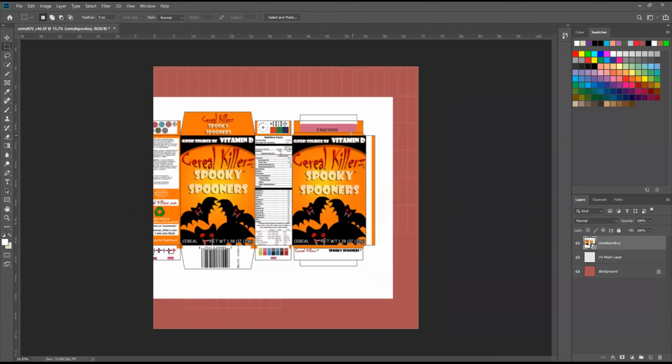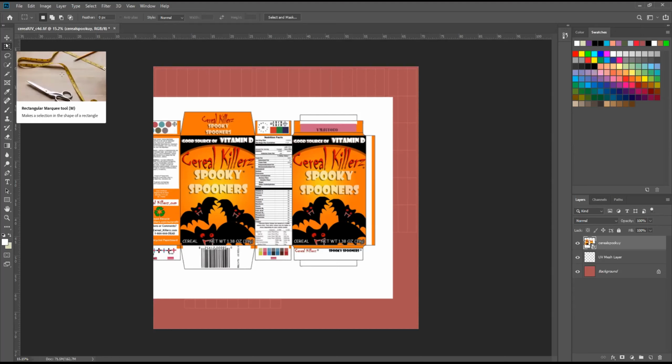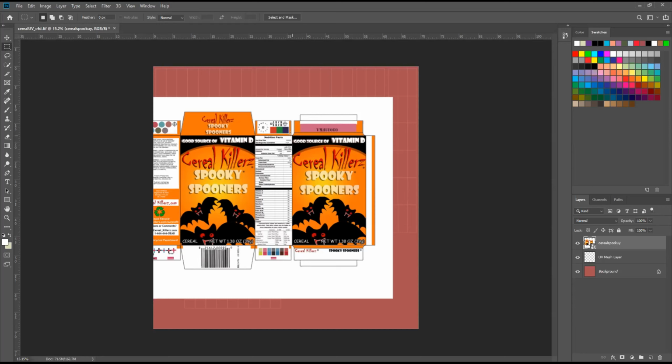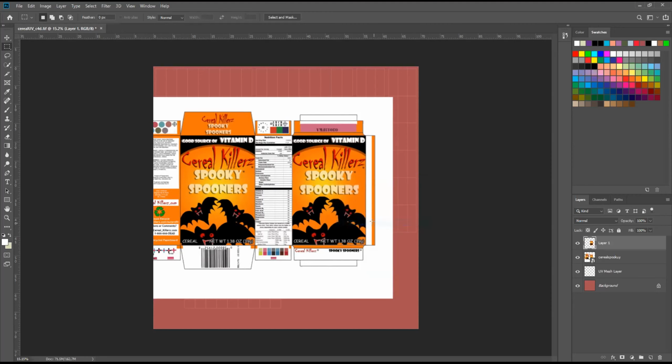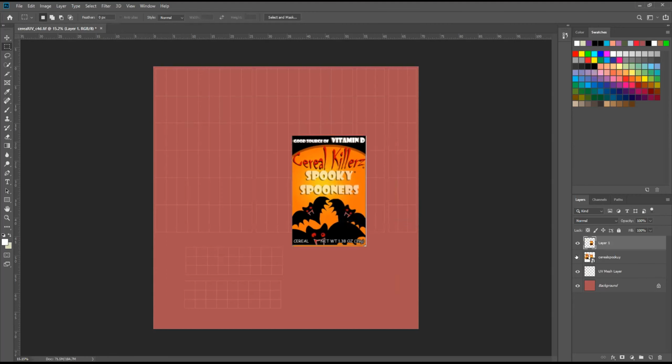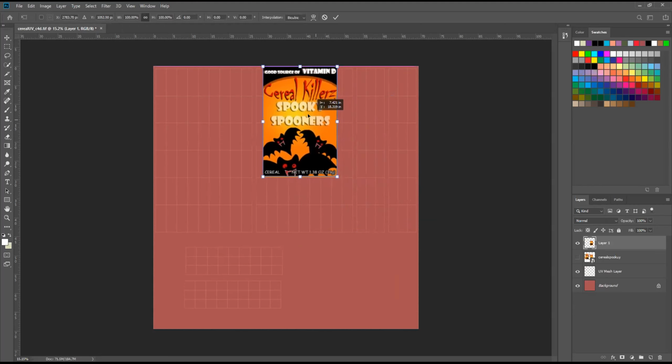Now what I'll do is I want to cut out the front part. So I'll select this marquee select tool. Well, let me get the right name before I start saying it. Rectangular marquee tool. And I'll select this right here, our front, and I'll right click and I'll layer via copy. So now I'll hide the original layer. Now I have the front. I'll do Control T, and now I'll move it right here to the front,